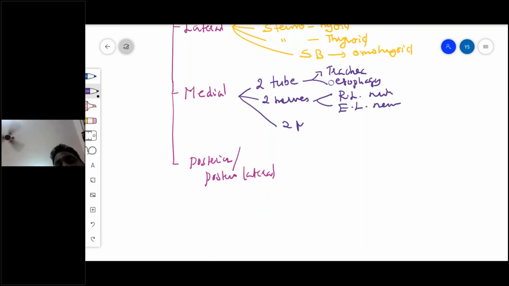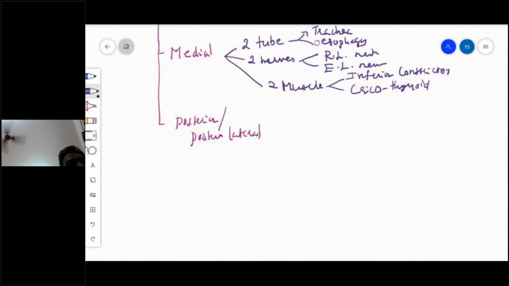And two muscles. Name the muscles: inferior constrictor and cricothyroid. Then the posterior surface is related to